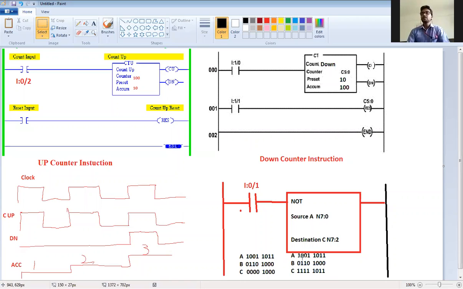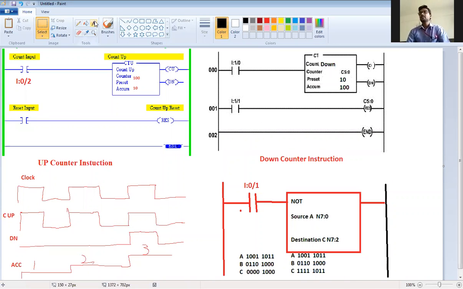If suppose A is there, then the result will be 0 1 1 0 0 1 0 0. So this A will be complemented and the result will be stored in C, or you can say in B also. So in the NOT instruction one source is there and one destination is there.